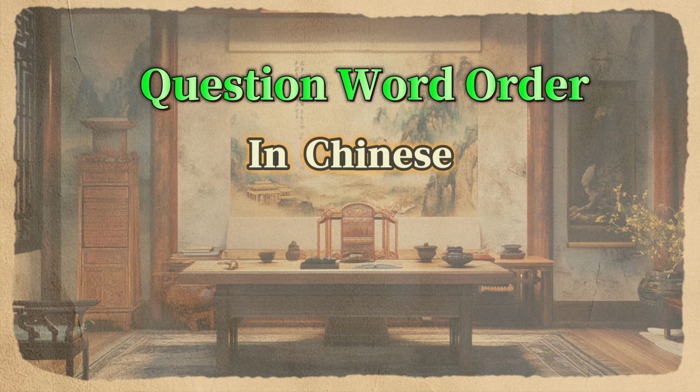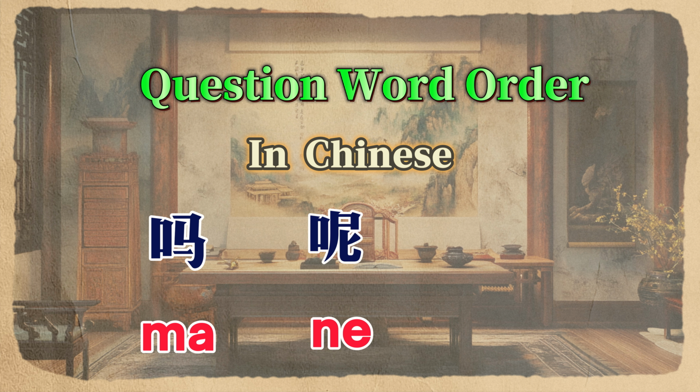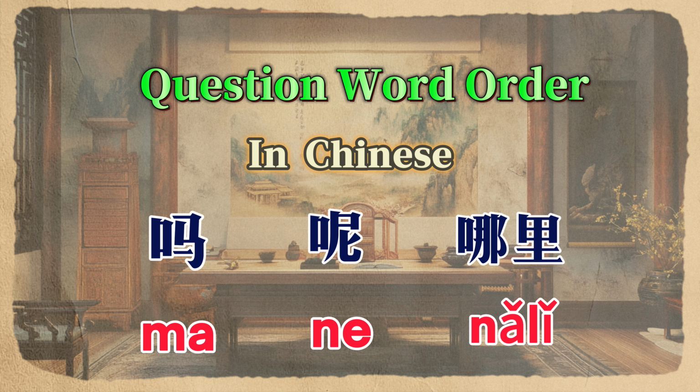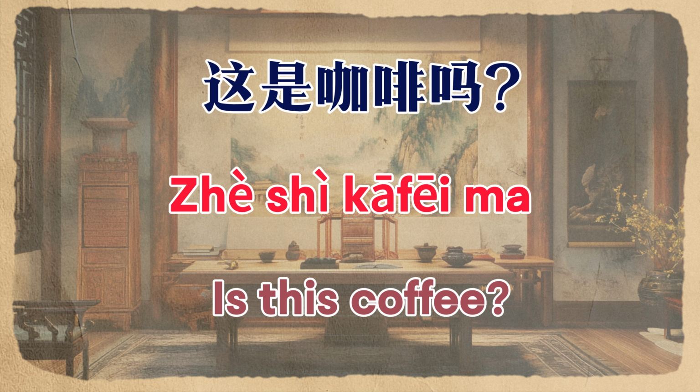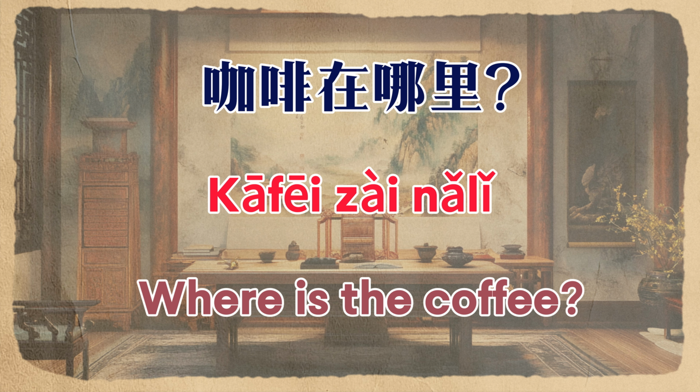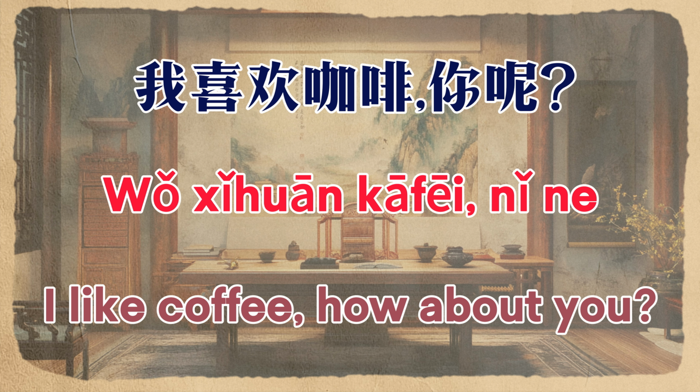In Chinese, question words are usually placed at the beginning of the sentence, but the question words 吗 and 呢 are placed at the end. This typically happens when the question targets the verb or adjective, or when the entire statement is turned into a question. Another question word that is placed at the end of a sentence is 哪里. 哪里 means where. Chinese: 你喜欢咖啡吗？这是咖啡吗？咖啡在哪里？我喜欢咖啡，你呢？